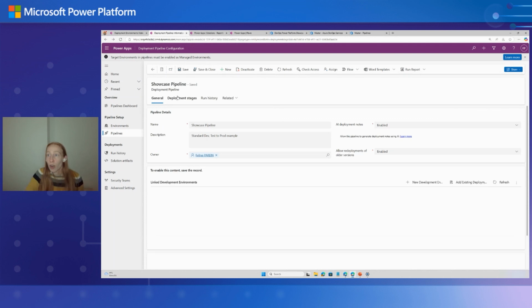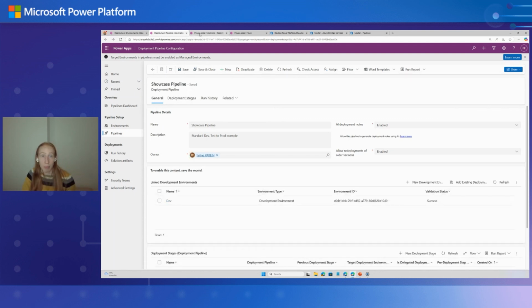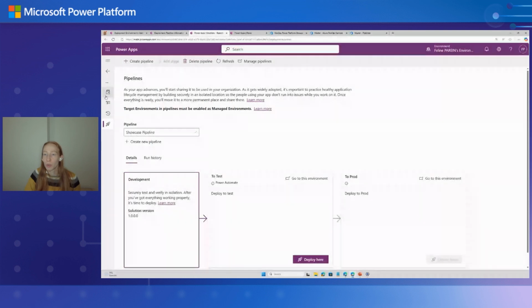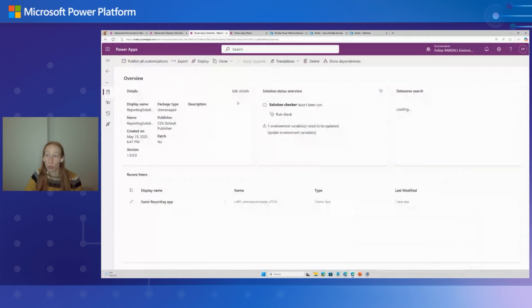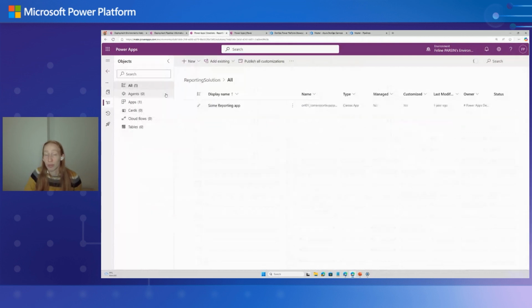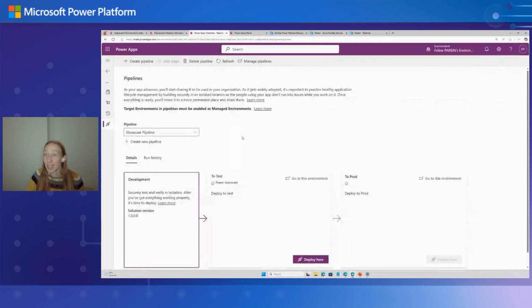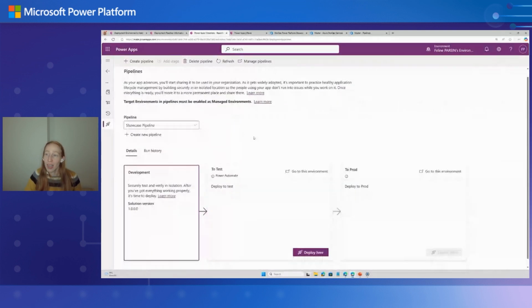Now, if we look at the pipelines from a perspective of a maker, how will a maker work with this? Well, here I am in my solution. So this is the overview of my solution. It's a very simple solution. I have only one component, but I have this rocket icon, which shows me that I can use pipelines. And here I can then